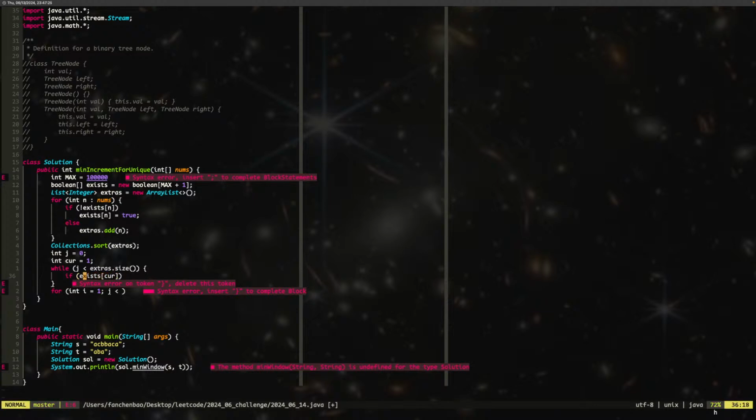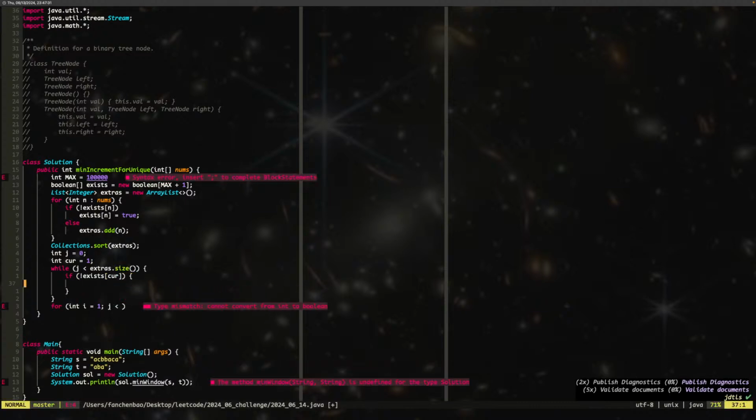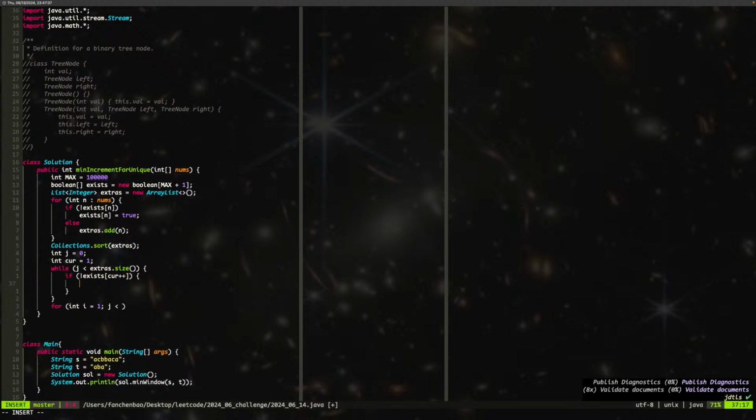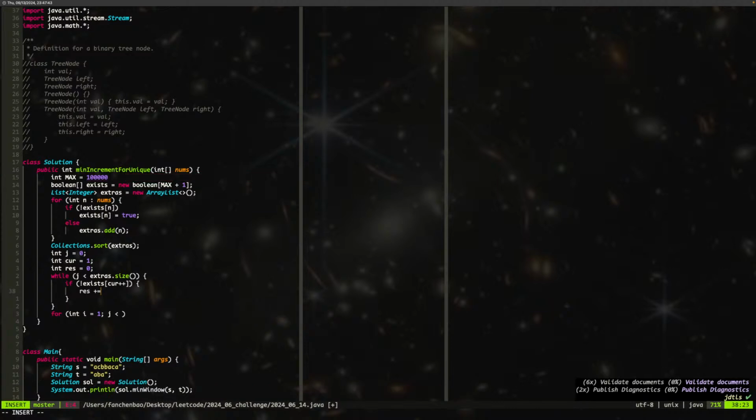If current does not exist, okay, then we do something. Current already plus plus, right? If current does not exist, then we can say int res equal to 0. Then we say res plus equal to